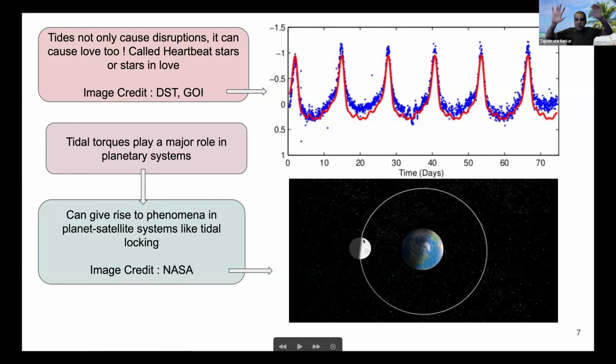But these are some of the very important aspects which one actually observes, and we hope to understand the full physics of it. And let me tell you that about tides, one really does not know the strong gravity effects of tides, and that is what is going to be the focus when this observational data comes in. This is really going to be one of the focuses of research on GR.